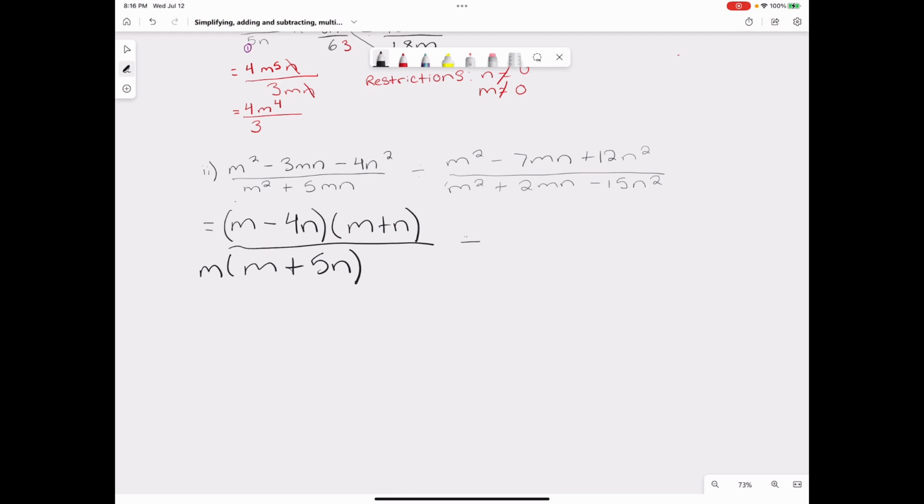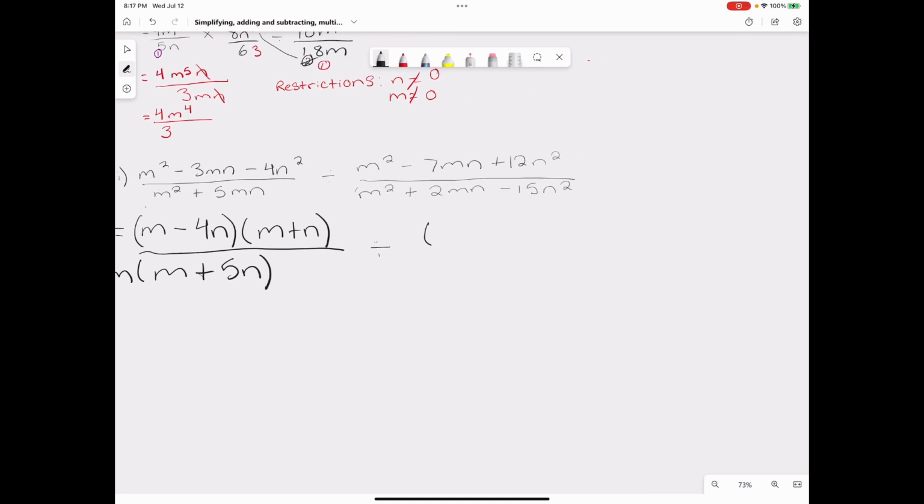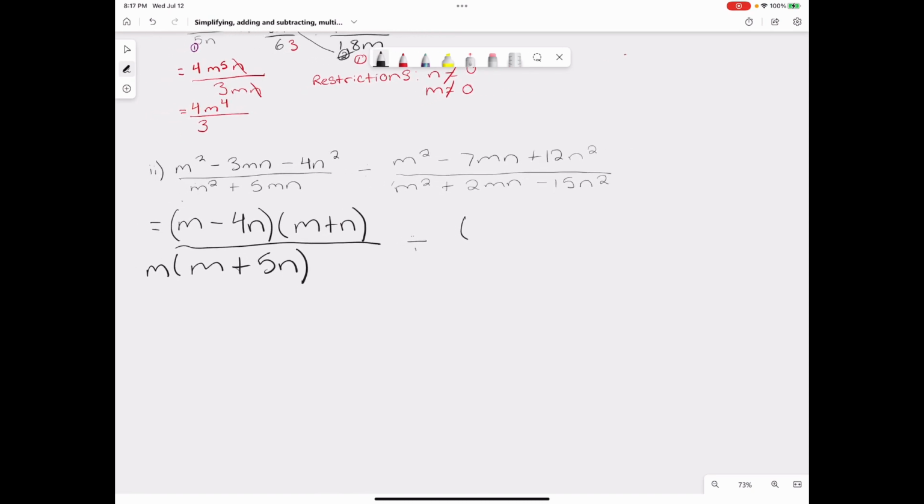So for right now, we're just going to keep it a division sign. And then we're going to find what multiplied equals 12 and what when added together equals -7. So it's going to be -3 and -4. And then what when multiplied equals -15 and when added equals +2. So that would be